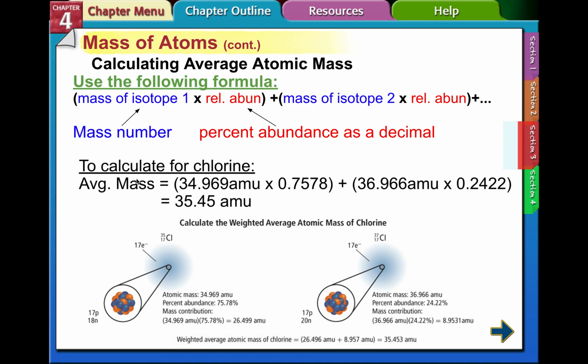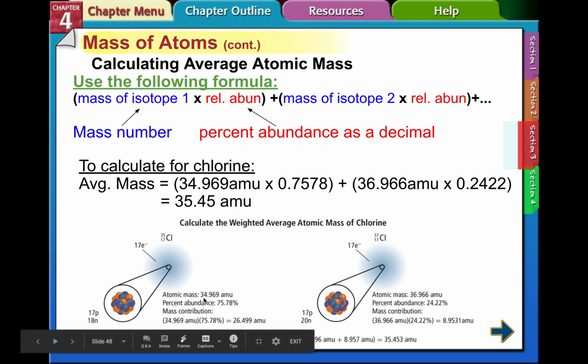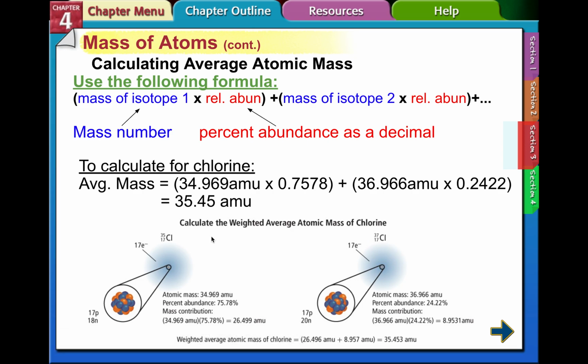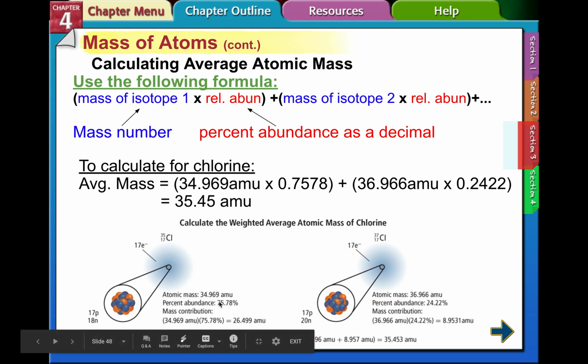In order to calculate the average mass, I take the first mass here, which is 34.969. So I'm going to plug that in, times its relative abundance. So I'm going to take its percent, again, move that decimal place 2 times to the left to get